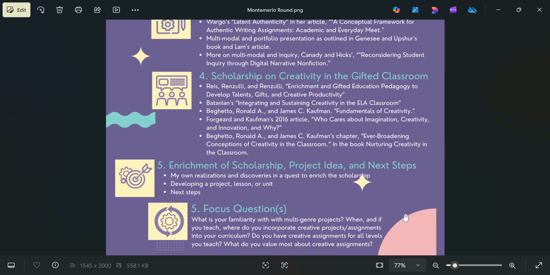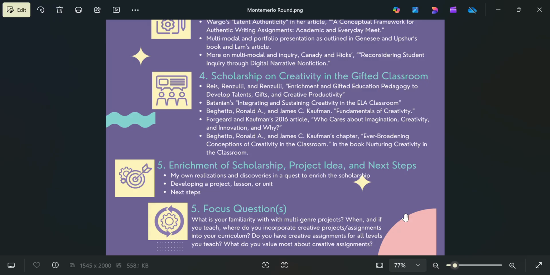The central goal of this article was to provide challenging and engaging learning opportunities that motivate students and transform them from passive learners to first-hand inquirers, which again goes right back to what Kennedy and Hicks was saying. The authors conclude that these enrichment experiences increase student engagement, achievement, and creative productivity, and provide crucial, effective support that can help prevent underachievement. So I thought that really spoke to what I want to study.